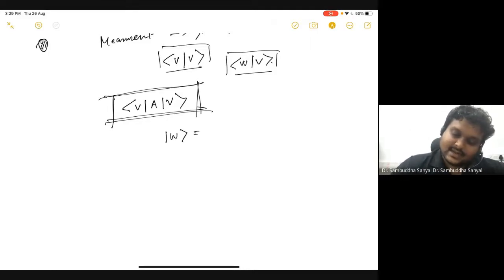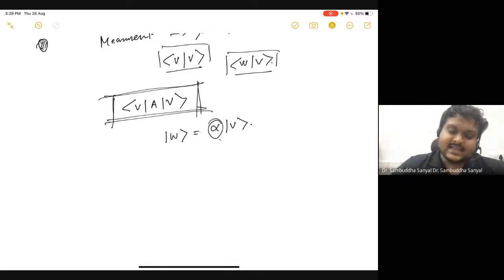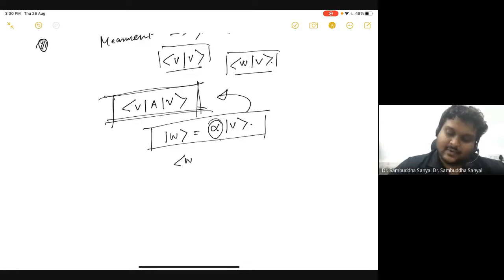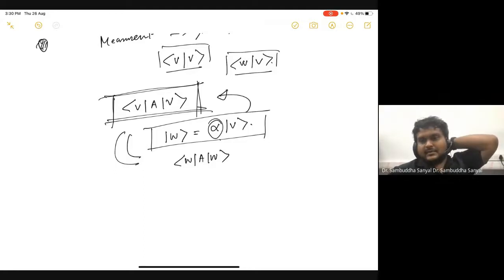One thing to notice is that if this is the object of physical interest, then any object related to this by a phase factor, a unit modulus complex number, will not change this quantity. So if W is related to V by such a factor, then for W also, if you calculate W A W, these two are the same thing. This is very easy to convince yourself of. Again, play with some vectors and check that at least once by hand. You can take 2 by 1 or 3 by 1 vectors, very simple toy vectors.